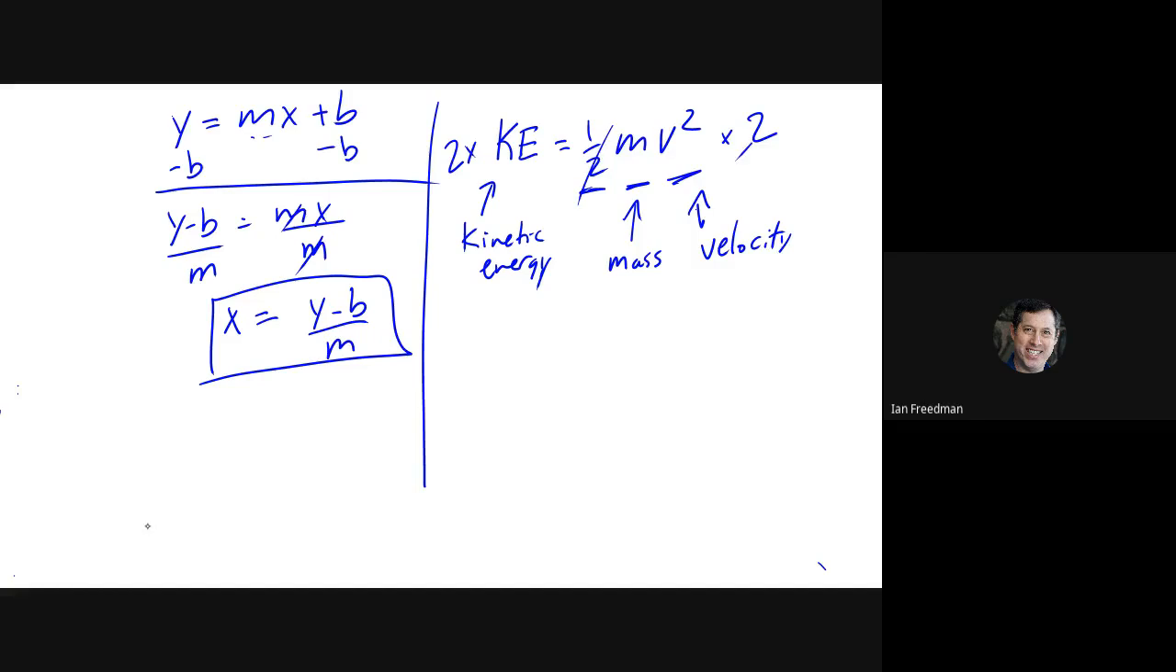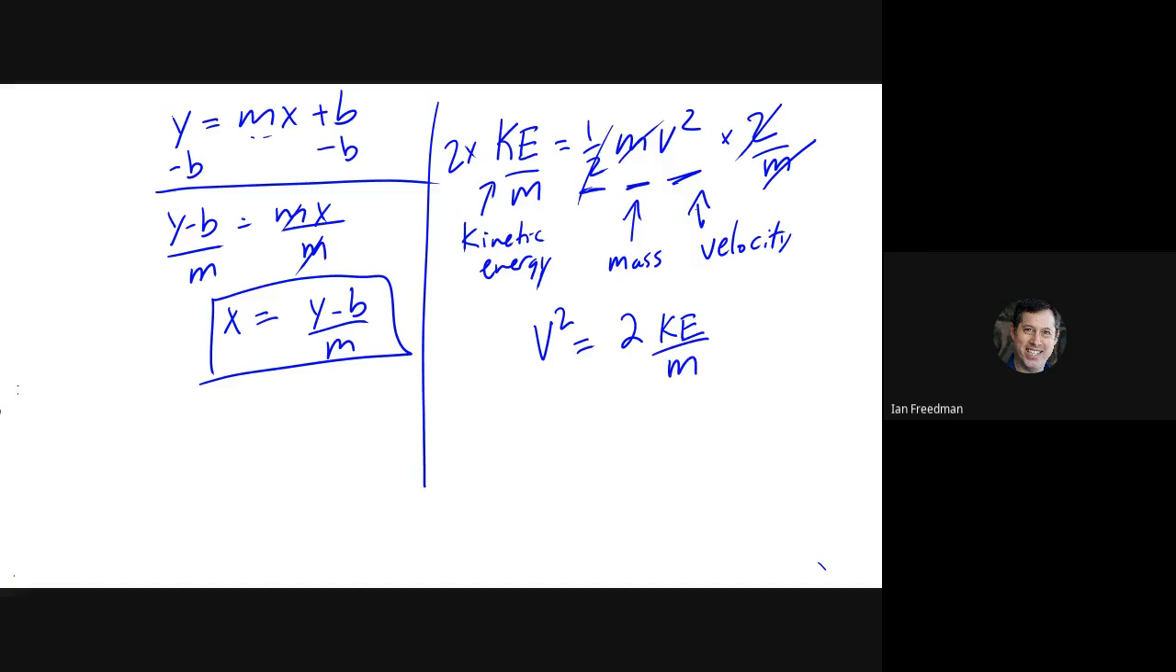Those cancel out. And we could divide by m. So then that m goes away and that m goes away. But we have to divide the left side by m also. So if you want to do it in one step, that's fine. If you want to do it in multiple steps, that's fine. Whatever you want to do is fine. There are going to be times you need to show your work. But this gets us v squared, because that's all that's left on the right side, equals 2 times kinetic energy